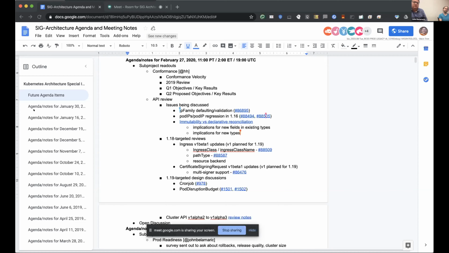Do we have any mechanism for moving from immutable to mutable? Clayton, I know we've been on a bunch of API reviews where we've told people, unless you know you need to update this field, just don't allow it. Yeah, and pod is a great example of that, where I'd say pod being immutable has helped us from a pragmatic perspective evolve pods over time. And if we had made everything mutable, we would have drowned in a sea of, oh, this is just another bug. So I don't think immutability on a new V1 type seems to be an issue.